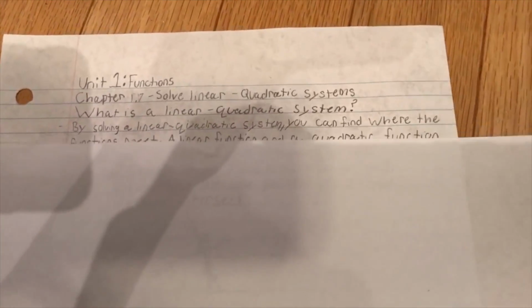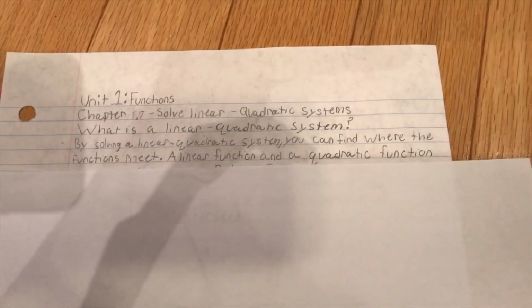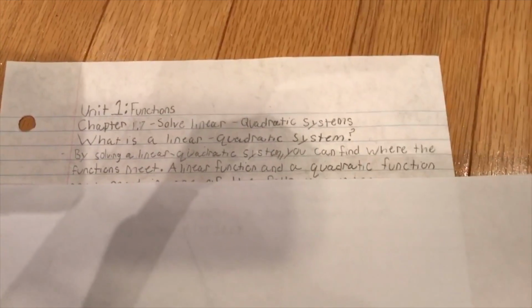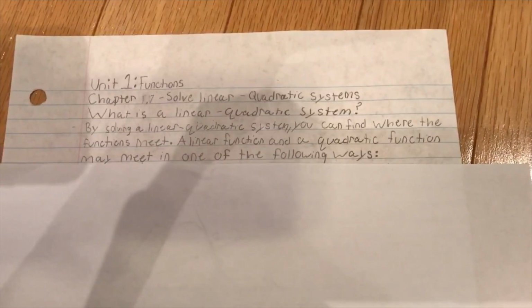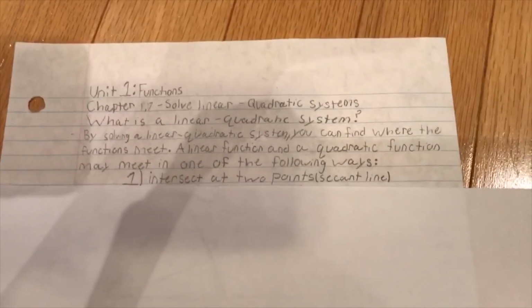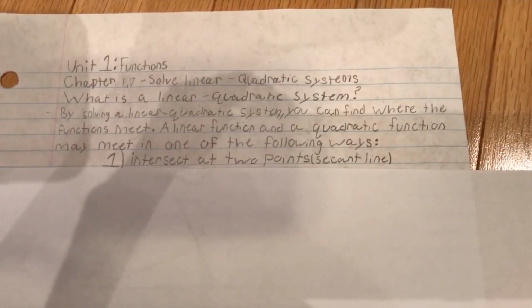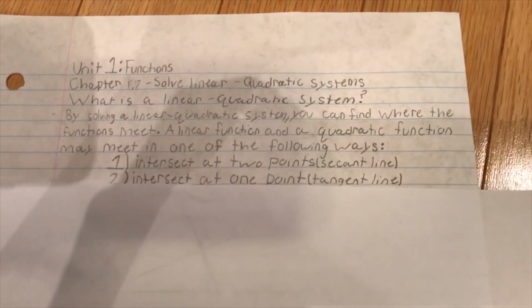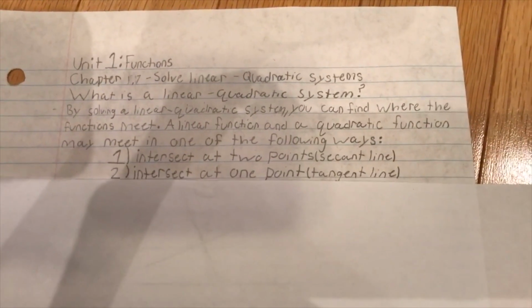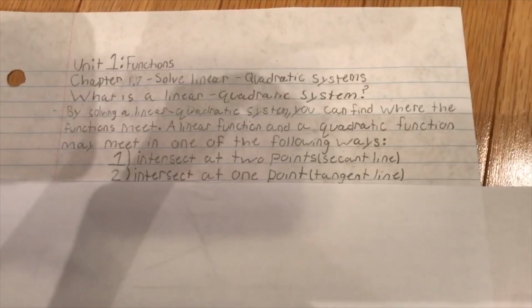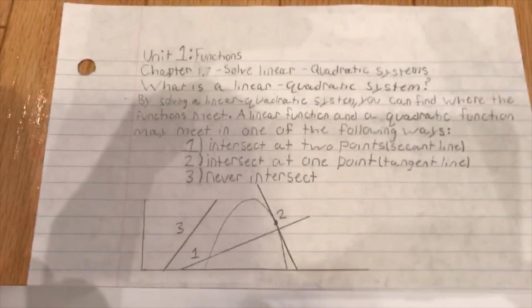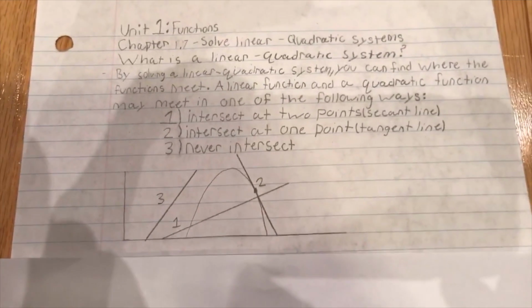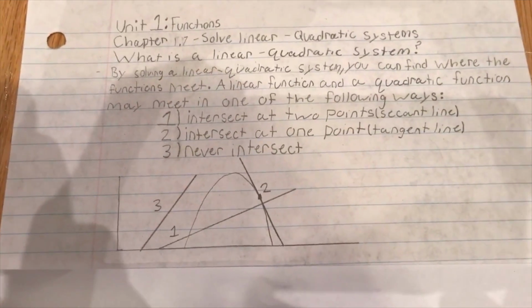By solving a linear quadratic system, you can find where the functions meet. A linear function and a quadratic function may meet in one of the following ways. The first way is intersect at 2 points, which is a secant line. The second way is intersect at 1 point, which is a tangent line. And the third way is they never intersect. Here's a diagram that shows all the situations possible for a